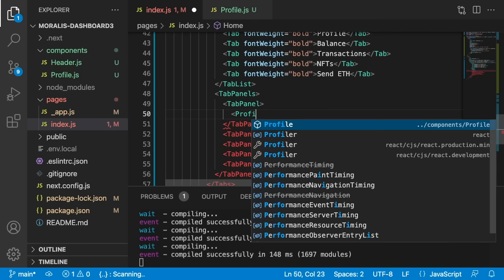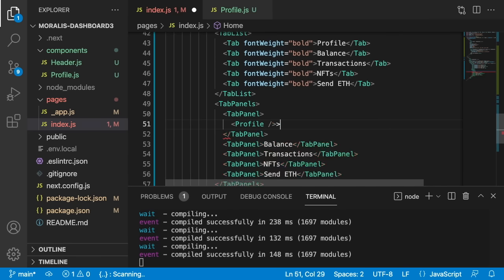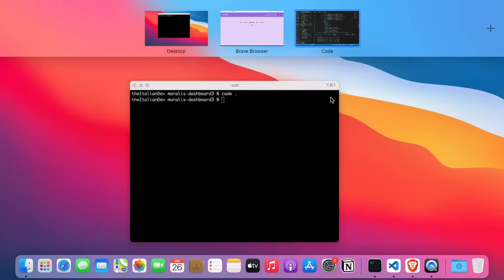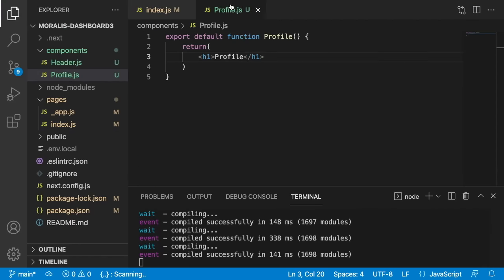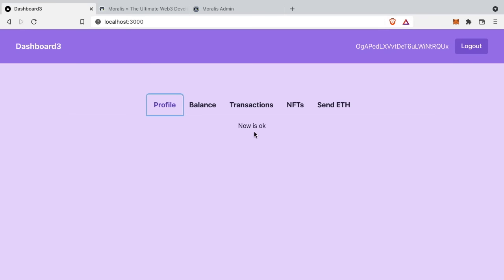So profile is showing up, yes, from component, and close it. Let's see. Here we are. No difference because we wrote the same, just to show you that everything is okay. Look, now we have the profile component inside the profile tab. But before moving forward and coding the profile, we can think of a better